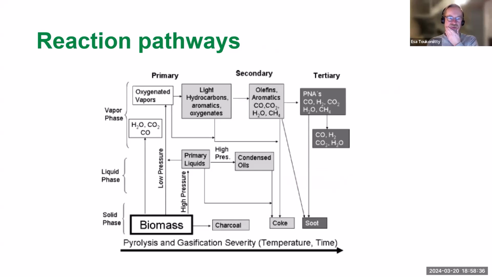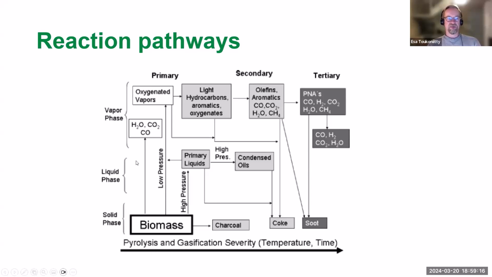complicated graph. On the x-axis here is, let's say, the conditions, like how high or severe is the temperature, how long is the residence time in the pyrolysis reactor. So these parameters have a lot of influence on what type of reactions and what type of products are obtained. So there are a lot of reactions taking place, and if